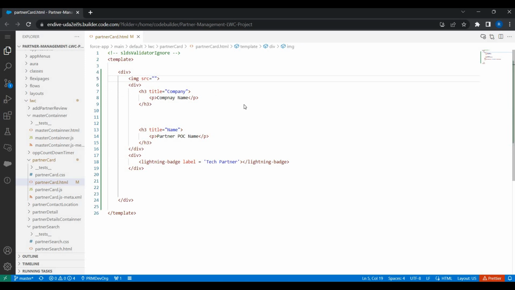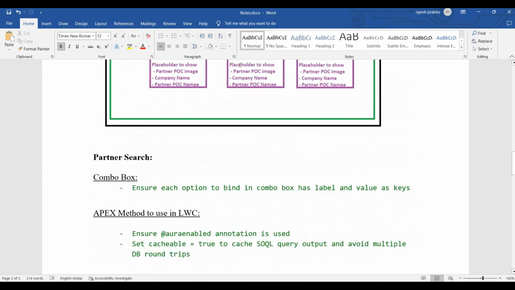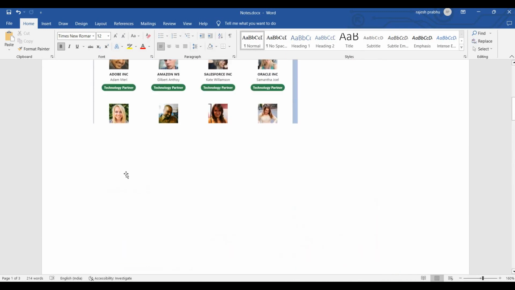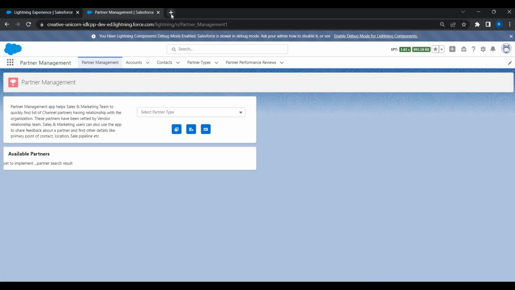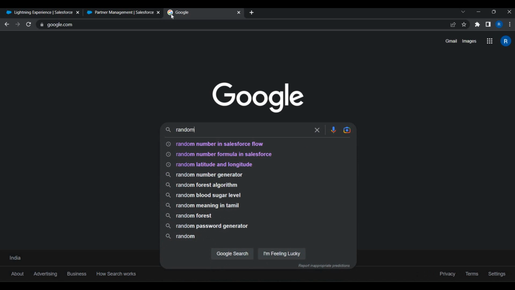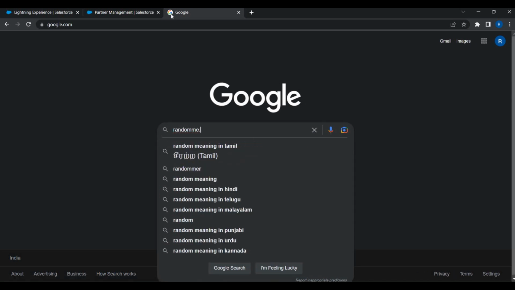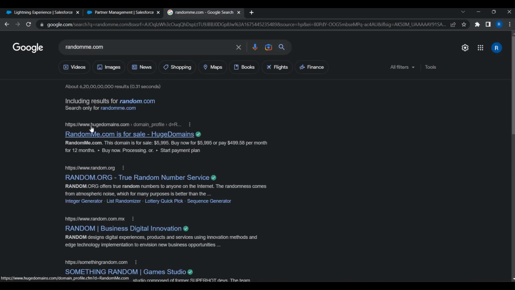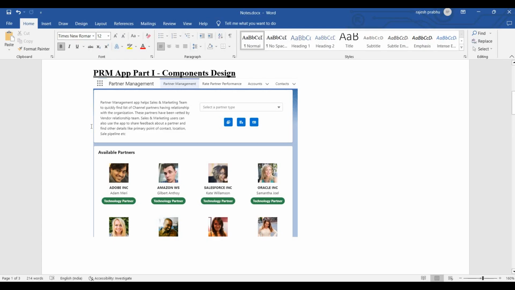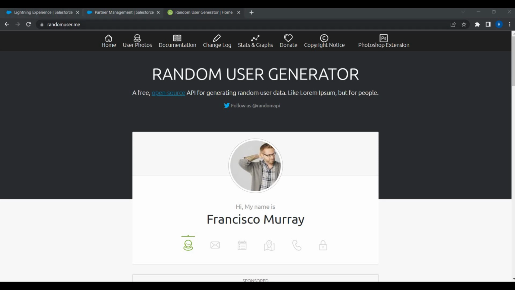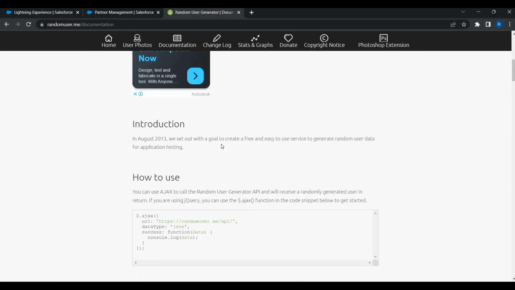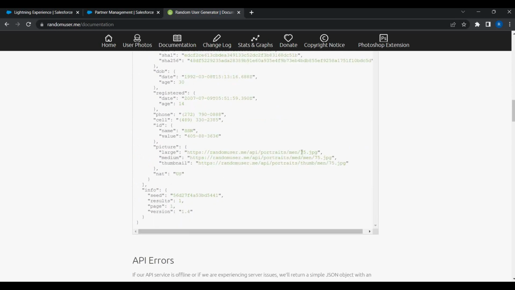Good. So image source, right? So if we go back to the project, we wanted to show images of each partner. So right now we are not going to store a partner image in the org. Instead, we can make use of an open API. So it is called random user or random me. Let me just go to that. So it's randomuser.me. It's an open API, and you can use this API for generating random user data. If you go to the documentation, what you will find is there are three links. For example, if I want to generate a random image